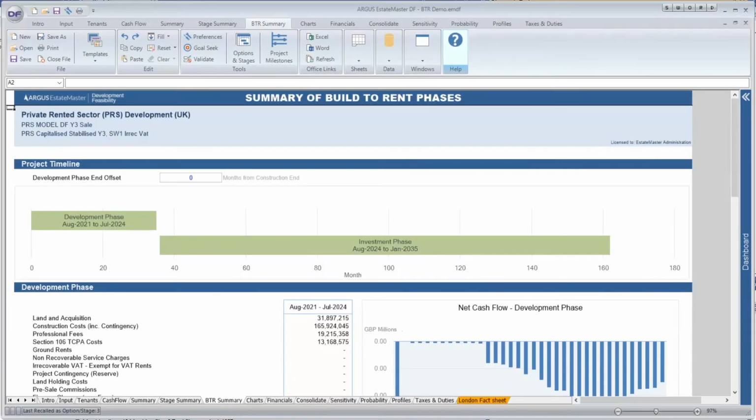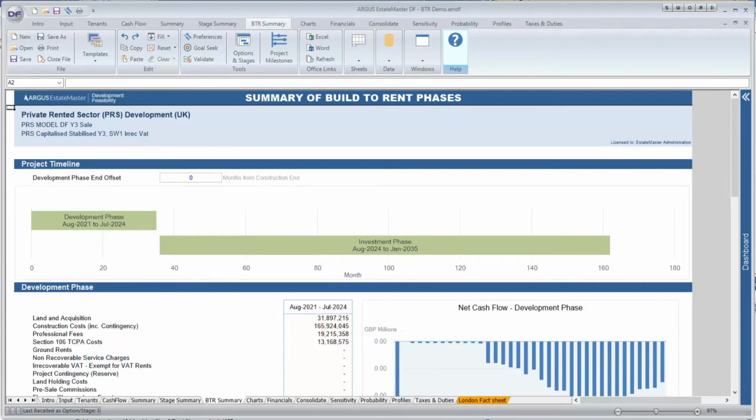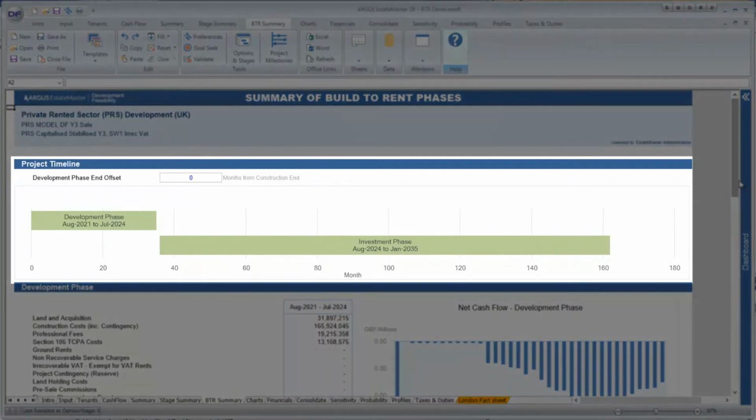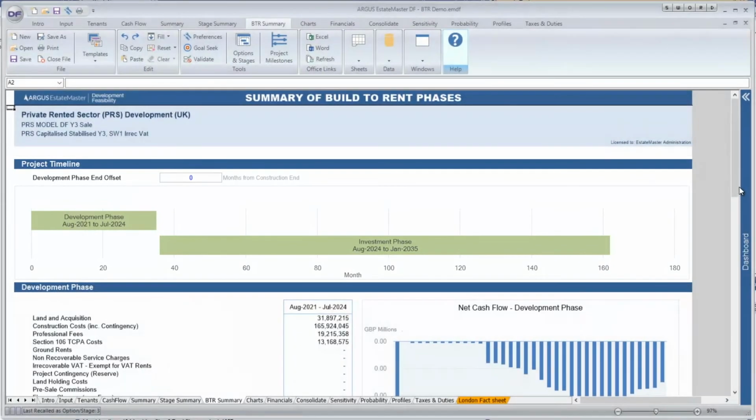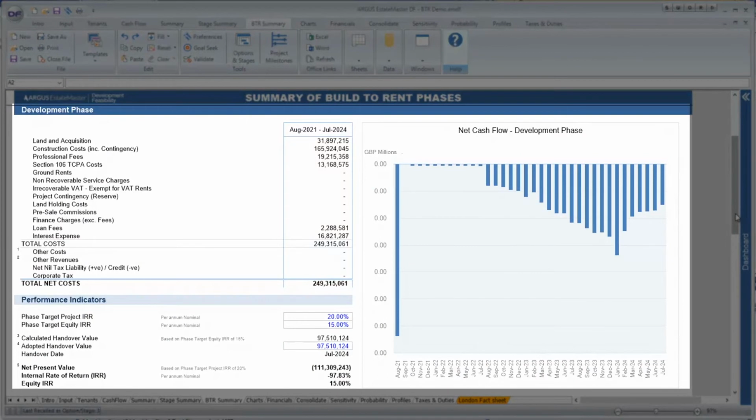A new build-to-rent summary report in ARGUS EstateMaster DF and DM is designed for projects where the objective is to hold and lease the asset upon completion. The report is divided into three key sections: the project timeline, which shows the timeline for both the development and investment phases of the project; the development phase, which shows a summary of the costs and other cash flow activity that is occurring within that phase, along with a net cash flow chart; and the investment phase, which shows a